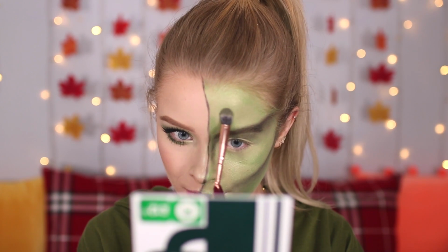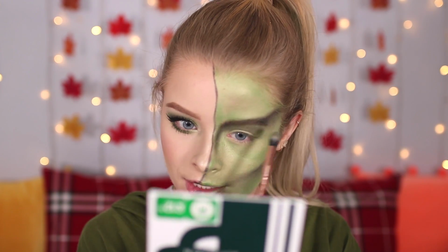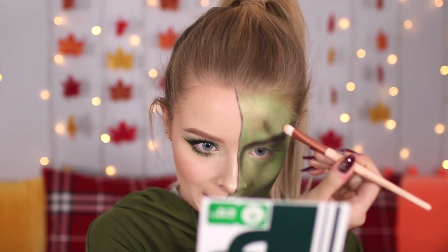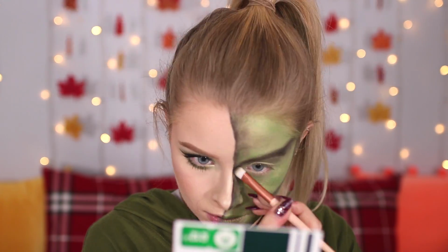I'm also then going in with the other green shade, and I'm just going to add this to random patches of my face. Okay, it looks the same, doesn't it? It doesn't really look much different. And then taking a flat brush, I'm dipping back into the black, and I'm just going to blend this into that line that I made to make it look a bit